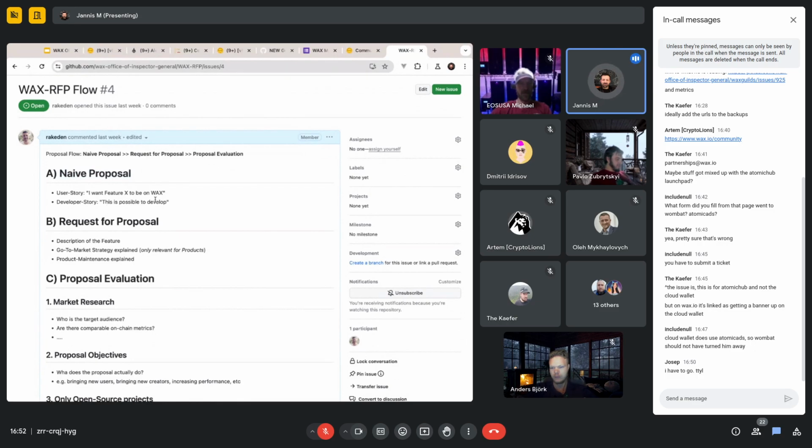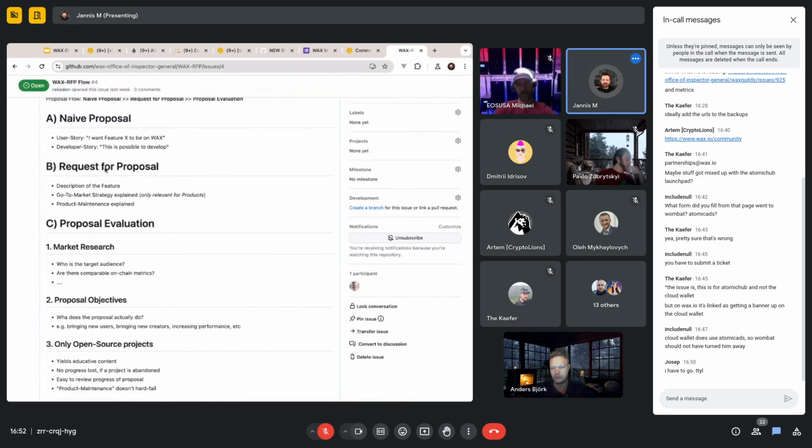But then if it's possible to develop, we often go into the stage of actually requesting the proposal. So in a fashion, how it's done on WAX Labs, the project is described, the features are described, how it's solvable, which other requirements there are in the proposal. But in many cases, we lack, as mentioned by Juan,